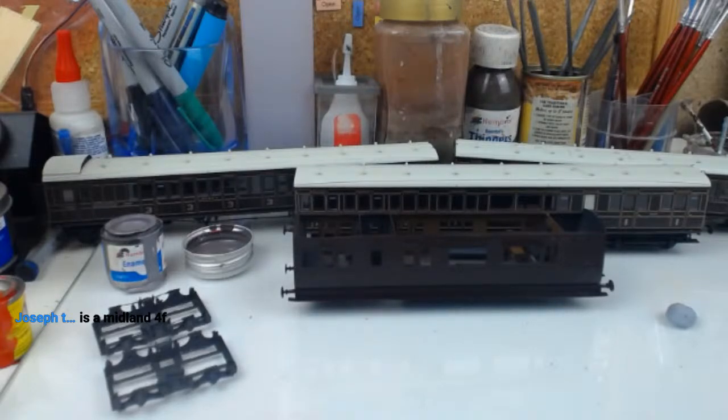Now, blue. Blue is the next colour. Well, 23.5 Stroudley four-wheel as well. Yes, quite. But yeah, unfortunately, my source for